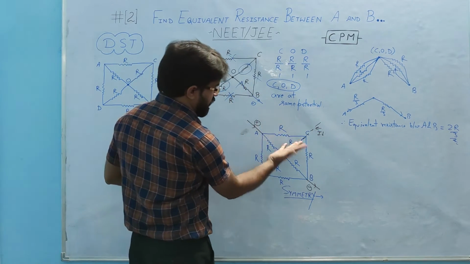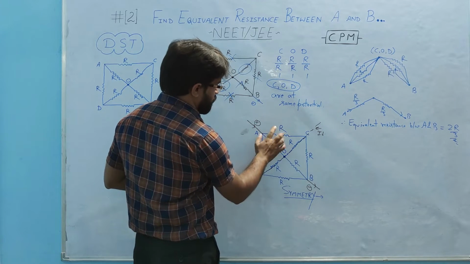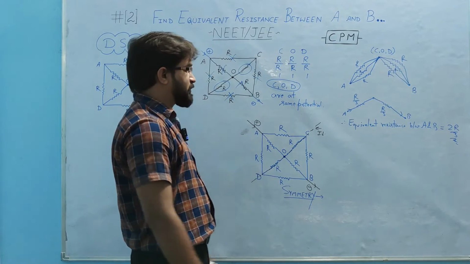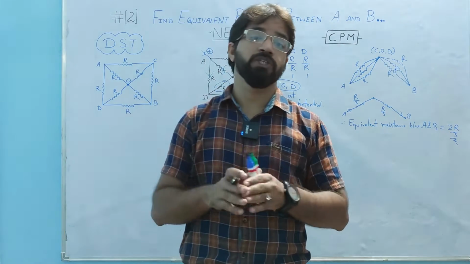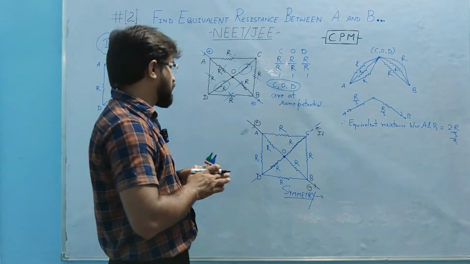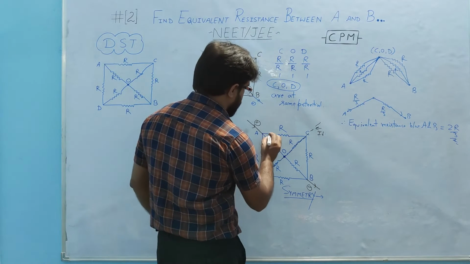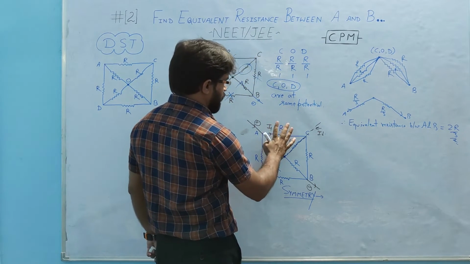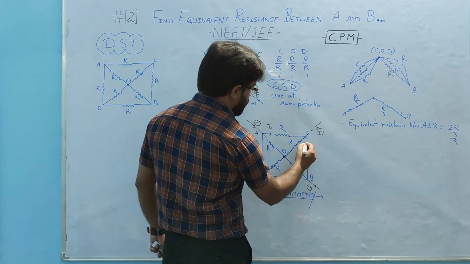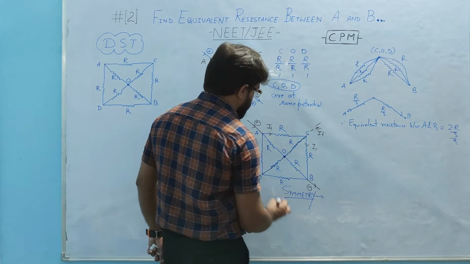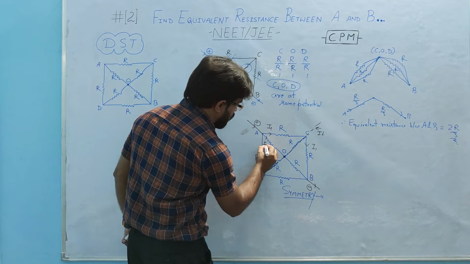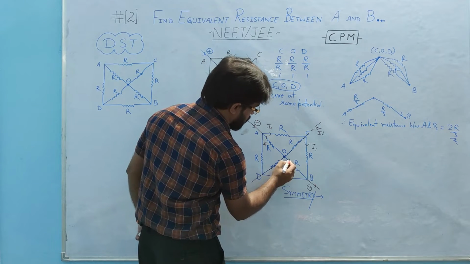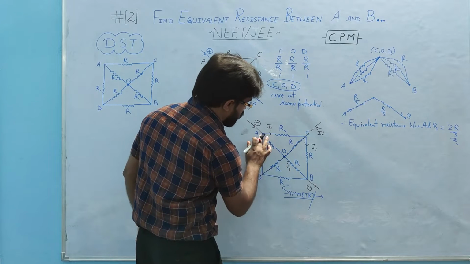Both sides of it, it's a mirror image. This is this, this is this. As per symmetry, in the mirror branches the same current will flow. So if in this branch we send current I1, the mirror of this is this one, and this would be I1. If we send I2 from here, the mirror branch of this I2 is this one, continuing towards the diagonal.